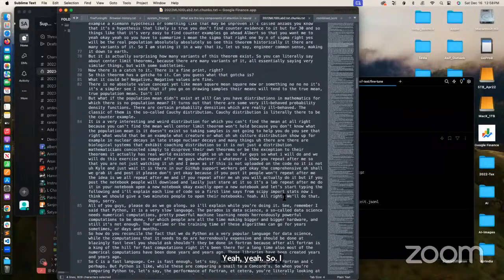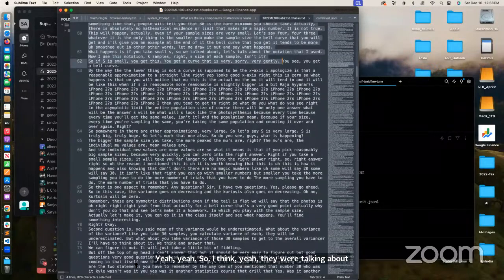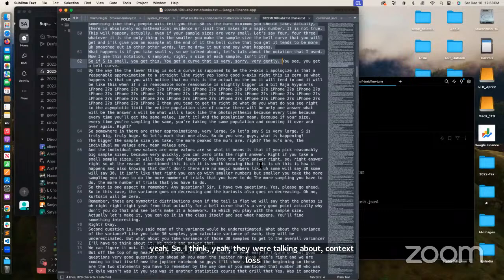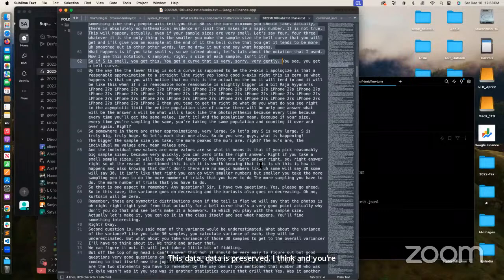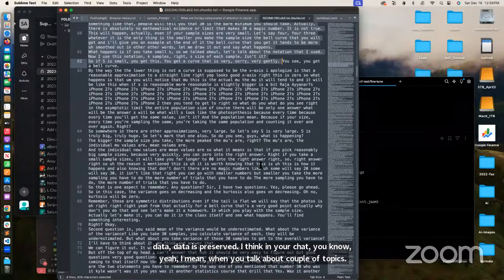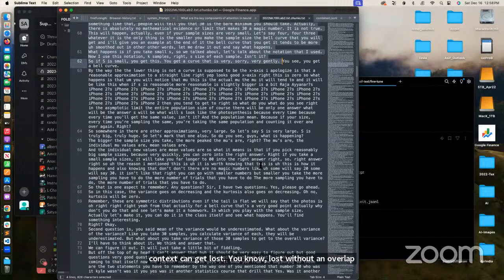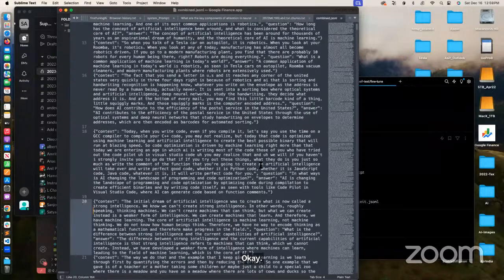I think they were talking about context loss. This data is preserved. I think in your chunking, when you talk about a couple of topics, the context can get lost without overlap. There may be, that happens. If you have very clean data, probably you can avoid even that further. Okay, so coming back to here, the context based here,